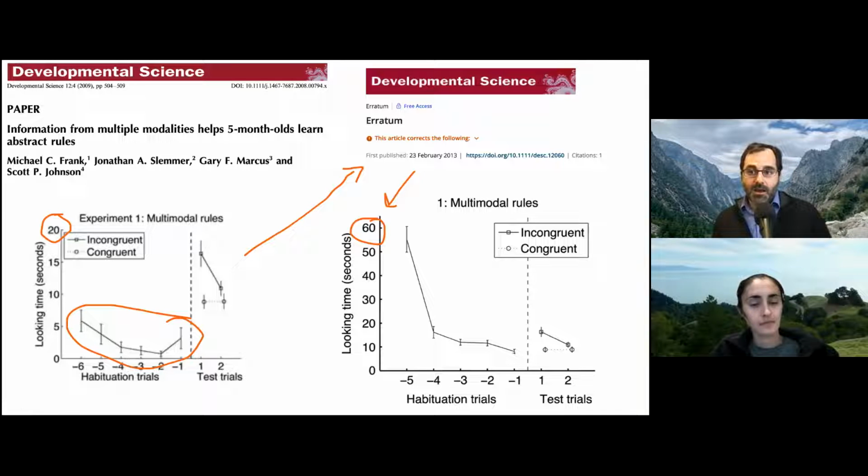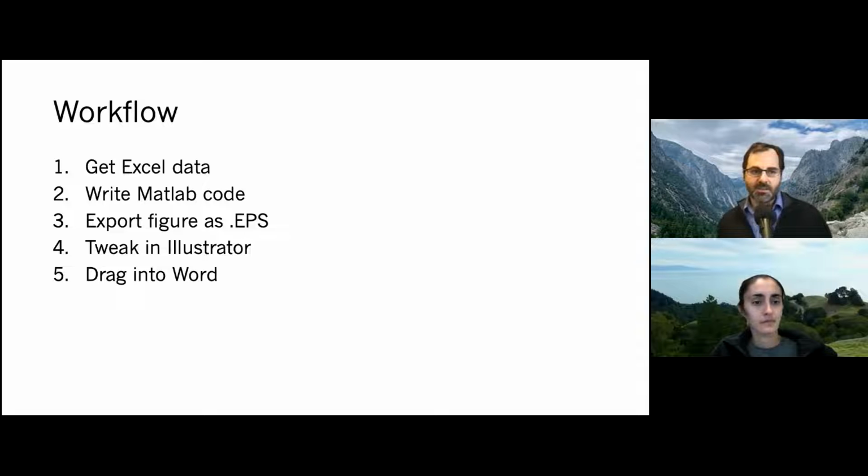Despite that, my co-authors and the reviewers and editor, all of whom work in this domain, had failed to notice this error and had failed to correct it. Luckily, I still had some aspects of the code that generated the figure, and so it was pretty easy for me to find the issue. But the workflow that I used to support this figure was really fundamentally a bit inefficient. So there were some Excel data. I then wrote some MATLAB code to analyze those data. I exported the figure as an EPS file and tweaked it in Illustrator for appearance.